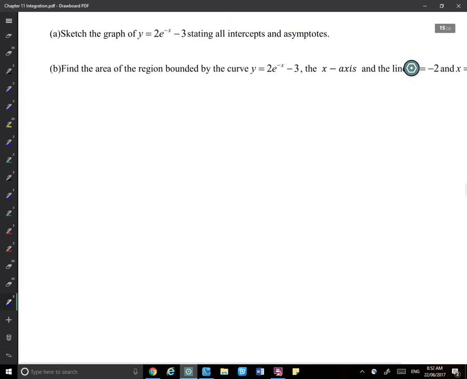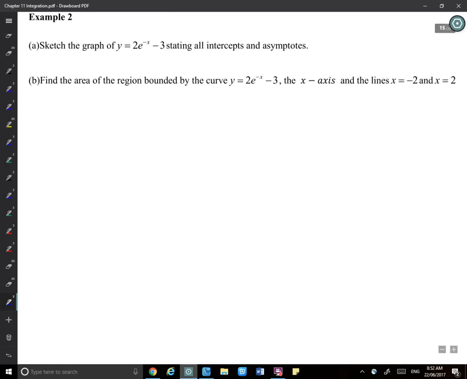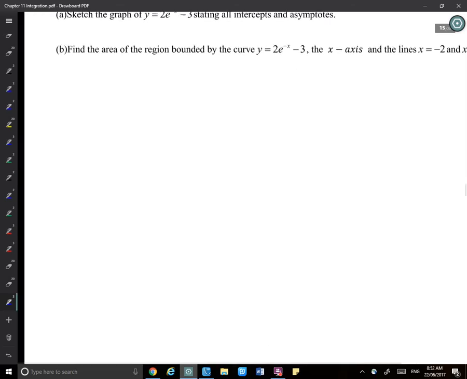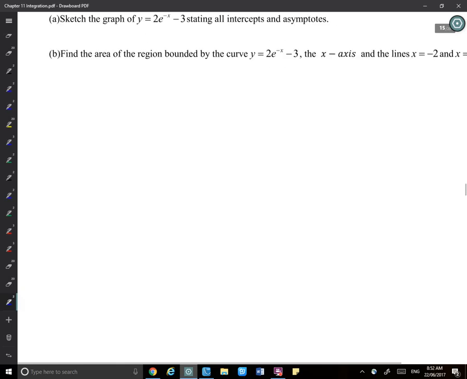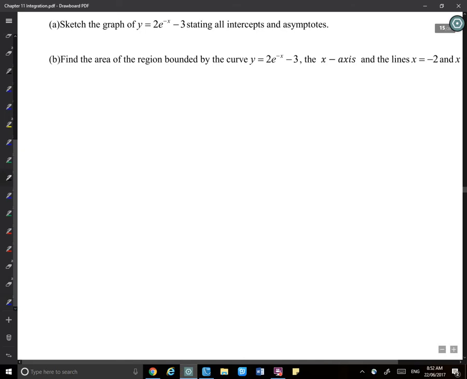Okay, example 2. Let's say sketch this graph first, stating all the intercepts and asymptotes. Okay, let's sketch this first. Just a little bit of revision on how to sketch an exponential graph. Exponential graph will look at